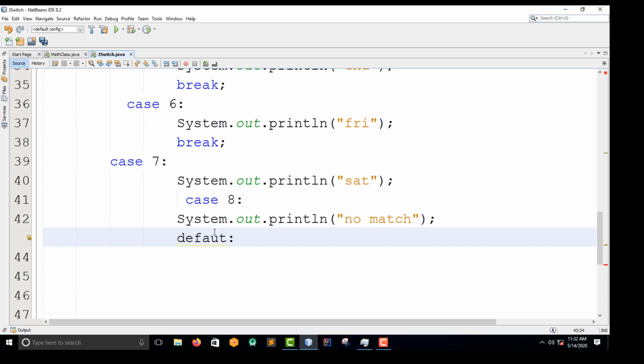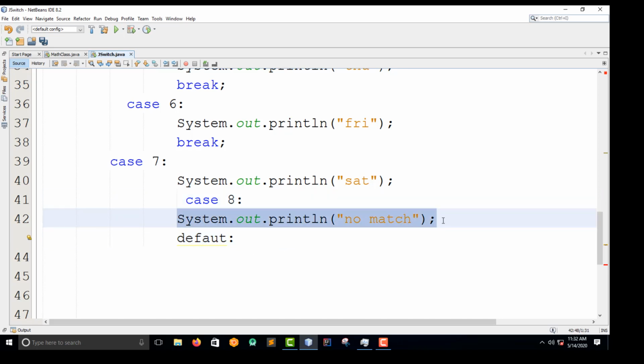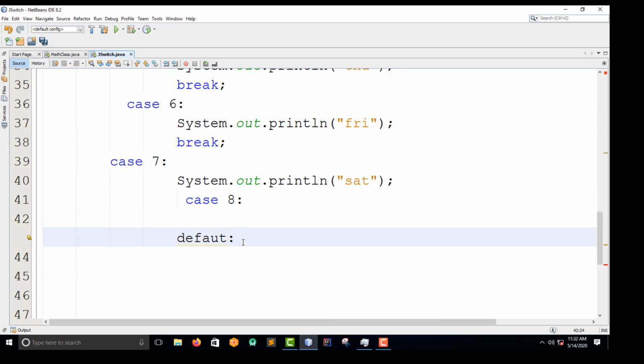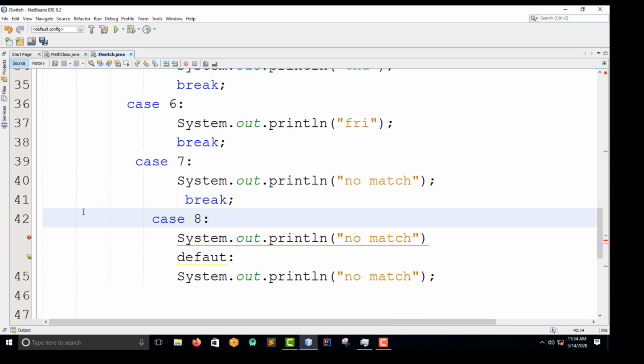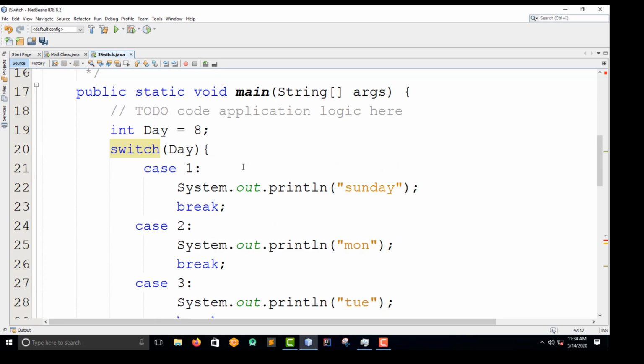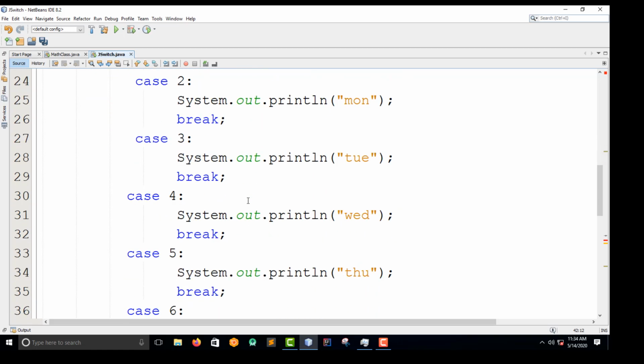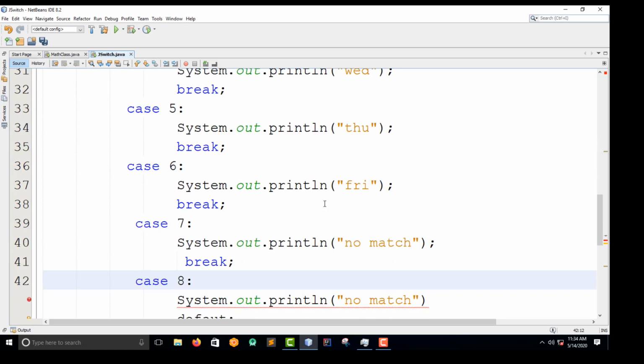So guys, then I'm going to remove this one here, and then I cut this, and then I replace. Okay, I have to put it down here. Then I come up here. So that is it. We only have 7 days in a week, right? And then we have the 8. So let's see how we can use the default keyword.